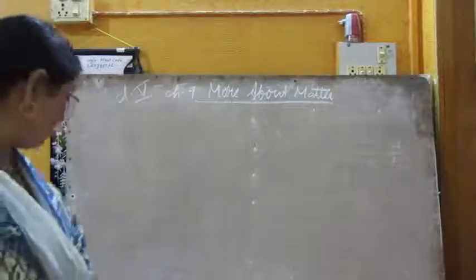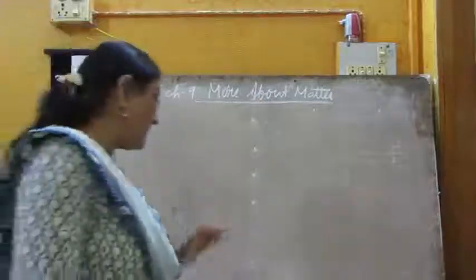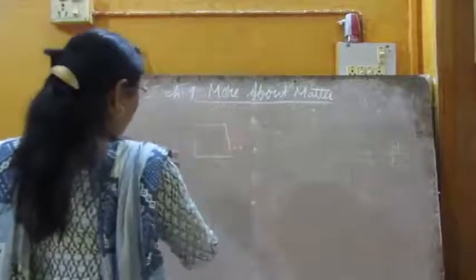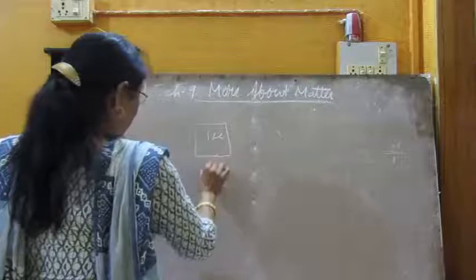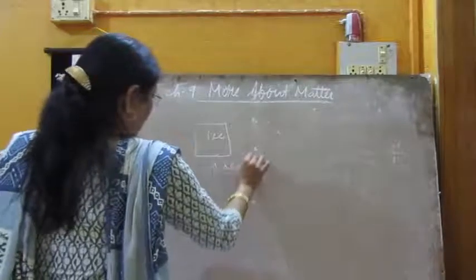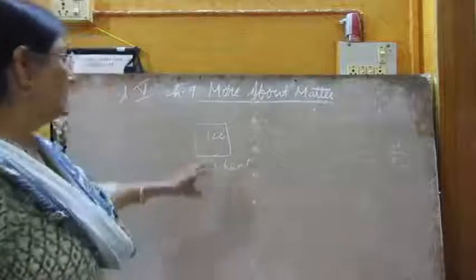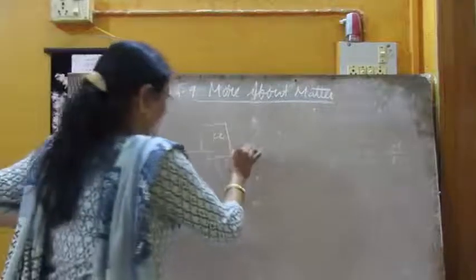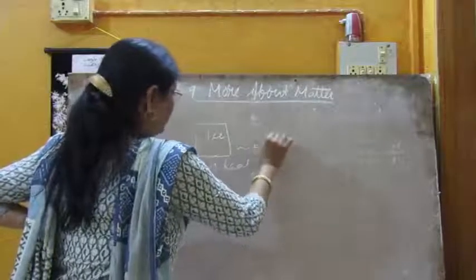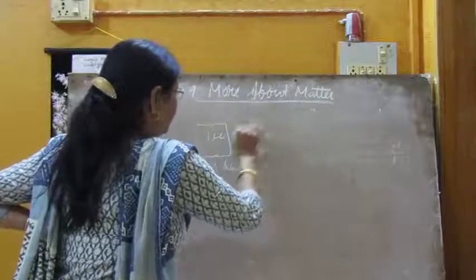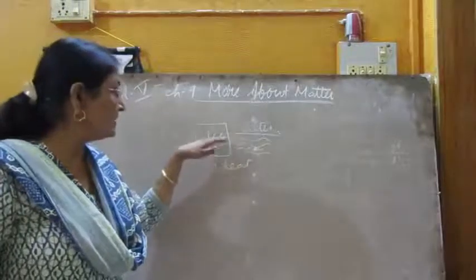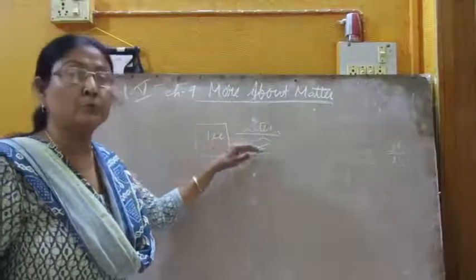So, melting. What is melting? What is freezing? Now melting is nothing but a temperature. Suppose I am taking a block of ice. Now I start to give heat, and if I heat the ice, you will see that at some temperature the ice will change into water. So this is the temperature at which the ice or the matter starts to melt.